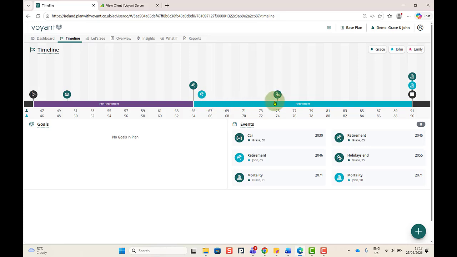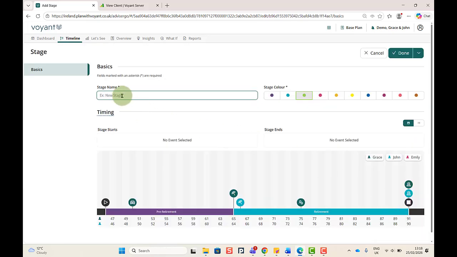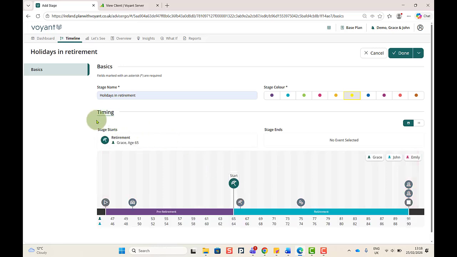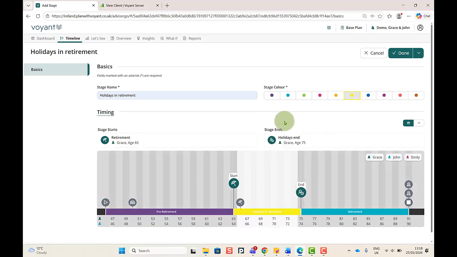So now we're going to create a stage here. To create a stage, we're going to click on the plus button in the bottom right hand corner and click on stage. I'm going to give it a name, say holidays in retirement. I'm going to give it a lovely contrasting colour, and then the final step is that I need to tell Voyant when I want to start this stage and when I want to end it. So I'm going to drag and drop the retirement event in here to show that that's when the stage starts, and also then drag the new event we've created into this box here to say when I want the stage